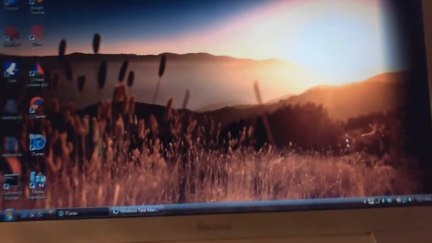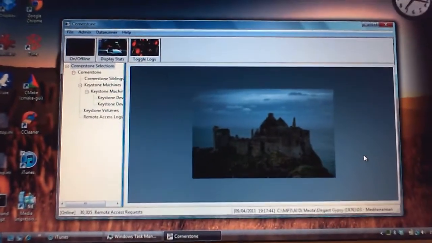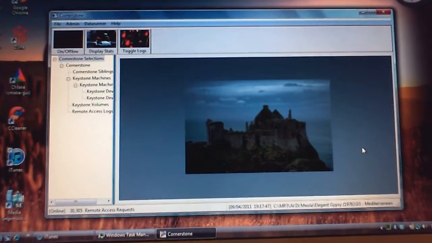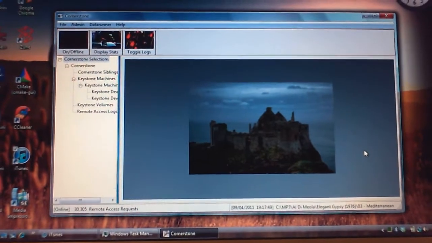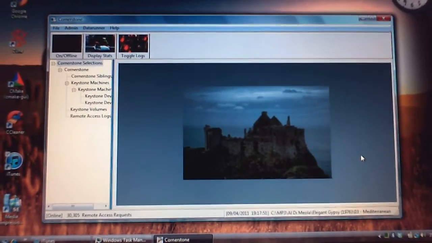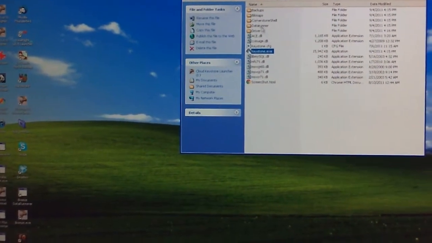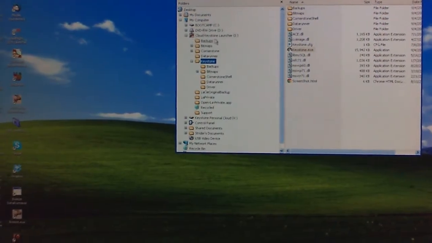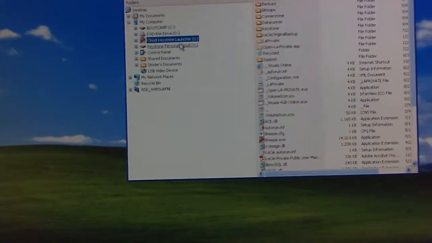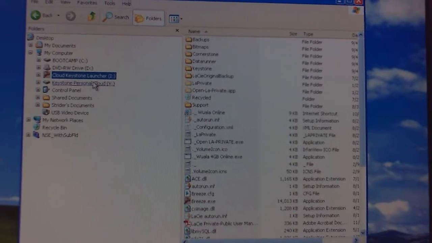Now on this computer, what we also have on the taskbar, you'll see, is something that we call the Cornerstone. The Cornerstone is our technology that pairs with the Keystone, that understands how to make the peer-to-peer connection and actually retrieves the information that is on this system here. So this system over here, the Keystone, has just come up, and if I go into the folders, there is the V drive,